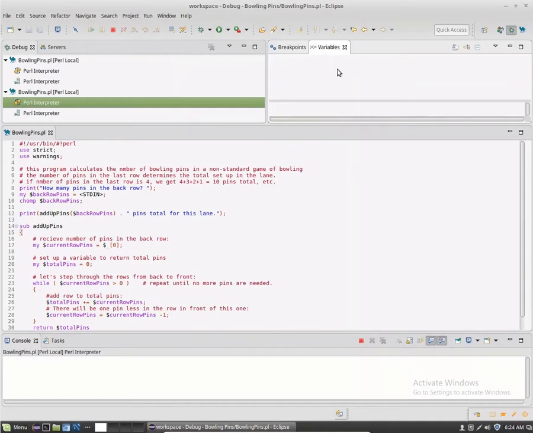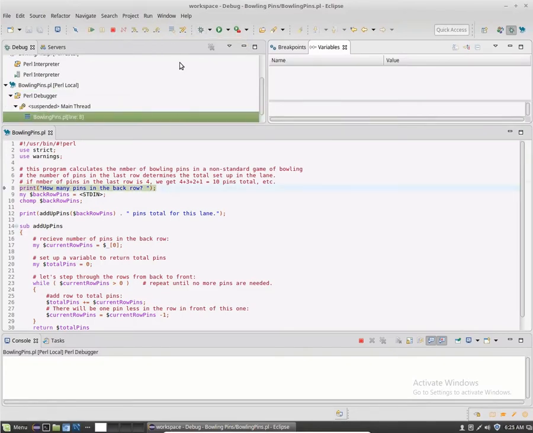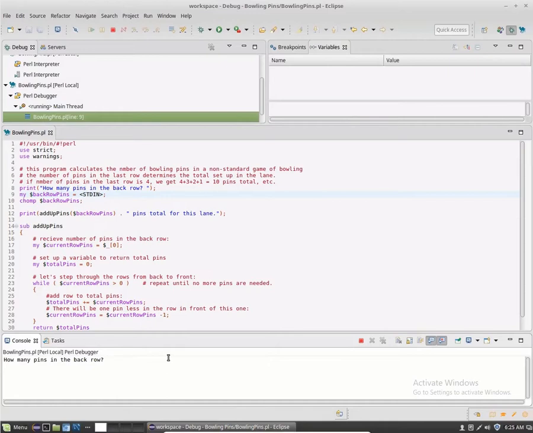Right now, we've got the variable watcher open, as well as the console and the editor window. We're going to use this debug button to go ahead and step through the code and examine variables as we go. Now, each time we want to execute a command and step over into a single line, we'll go ahead and click the Step Into icon. Here it's asking us for input, so it won't continue until we provide it. I'm going to enter the number 5 at the console